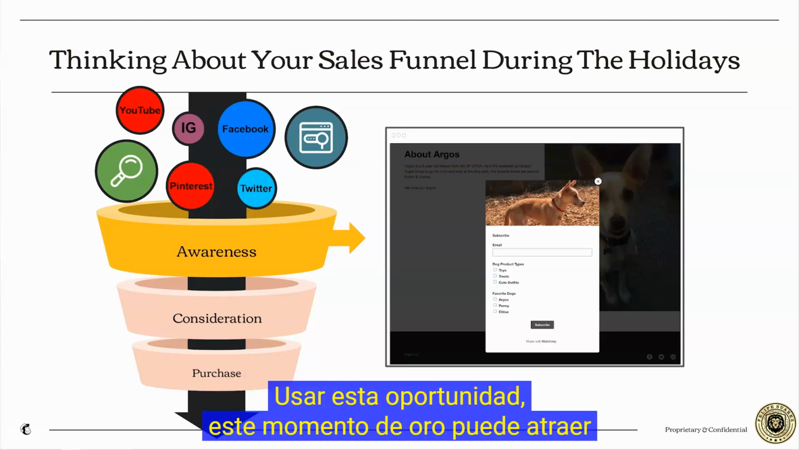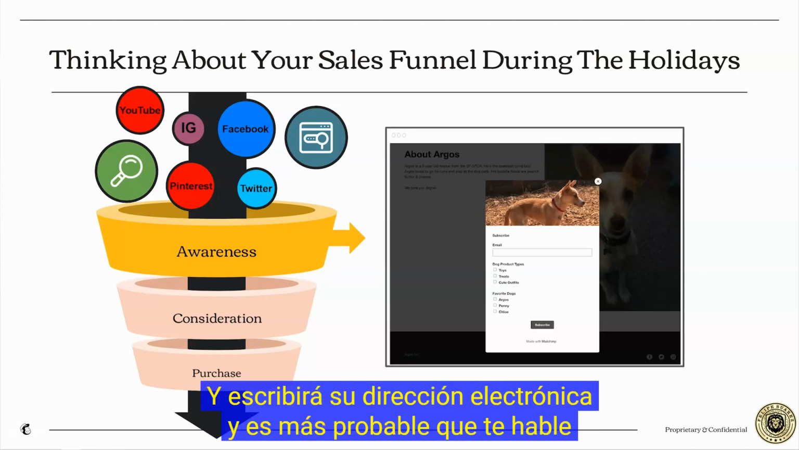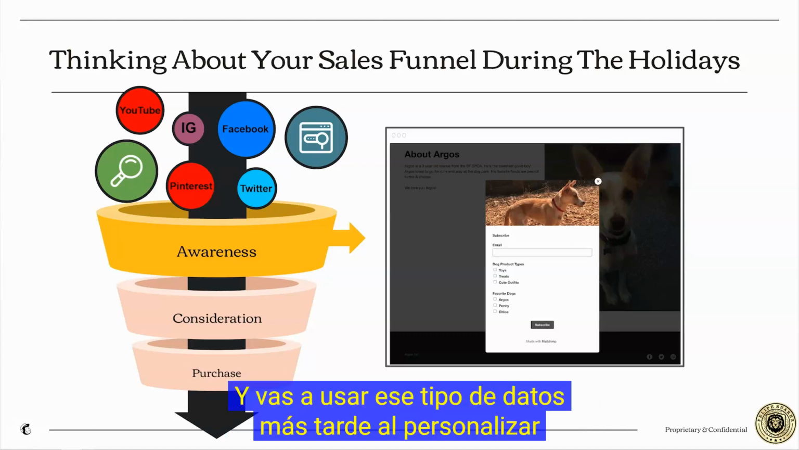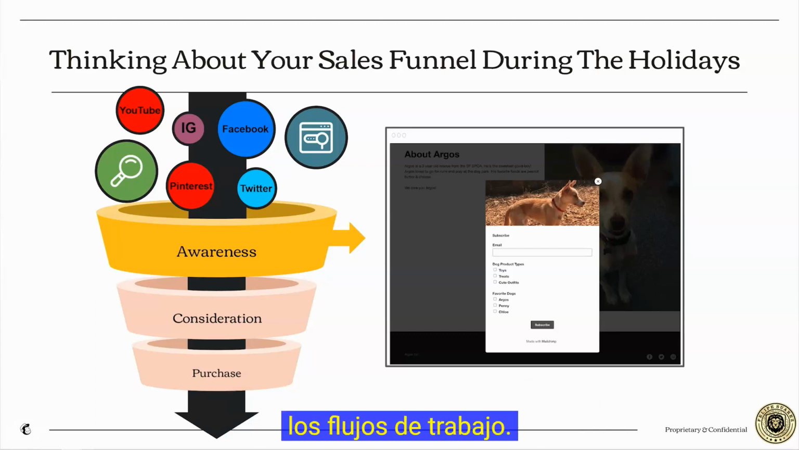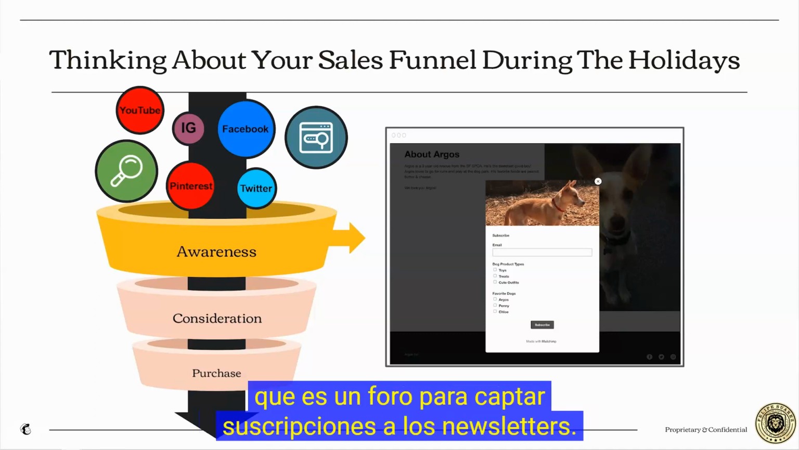Using this opportunity, this golden moment where you're engaging the person and they're actually hitting their keyboard and putting their email address in, they are more likely to give you some information about their interests, and you're going to use that data later when you're customizing the workflows. So don't miss out on the very first automation that you should have, which is a form to capture signups